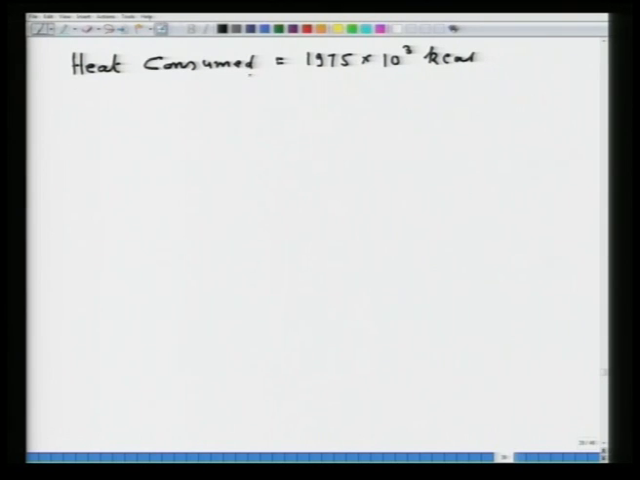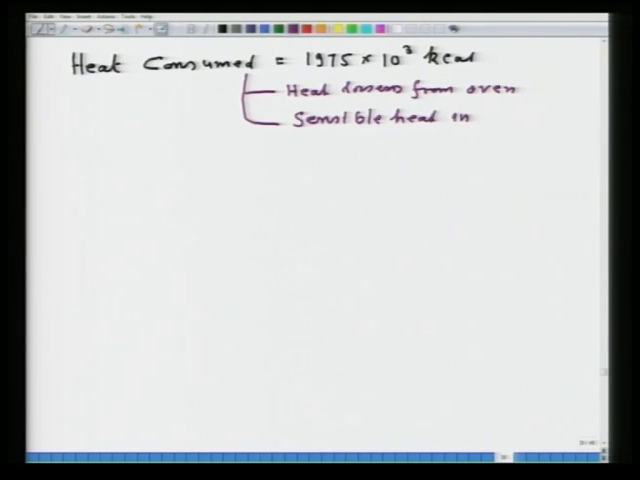Now, this heat consumed consists of heat loss from oven, heat losses from oven, which we have not accounted for in our balance. This also accounts for the sensible heat in coke, tar and coke oven gas, because all these will be heated up to a discharge temperature of 1273 or 1373 Kelvin. So, that is what this means, that around 1975 into 10 to the power 3 kilocalorie per ton of coal, our basis was 1000 kg. So, that much amount of heat is consumed or is lost,